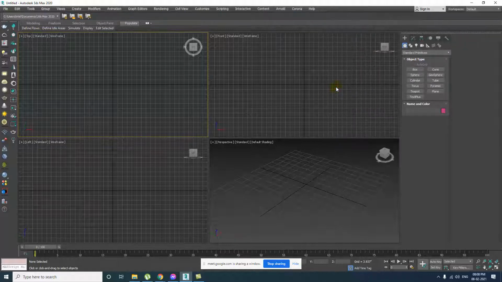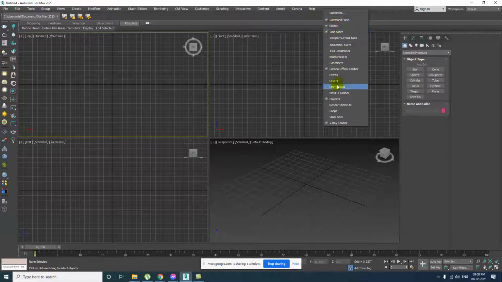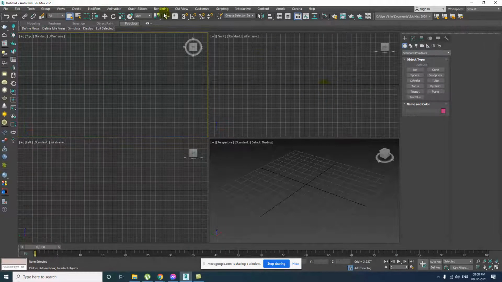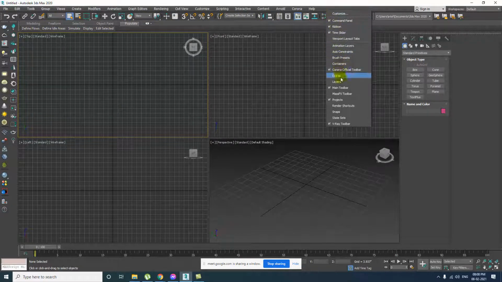main toolbar. So this one is the main toolbar, where the option was shown before. It is now hidden. Suppose in future it gets hidden or you are not able to access it. What you have to do is just right click over the blank space after the Help option. Right click and you will see different options here. As I told you, those are the toolbars over here. You just have to click, like here main toolbar is written, it is unchecked. Click once and it will be available. All the options will be available here.